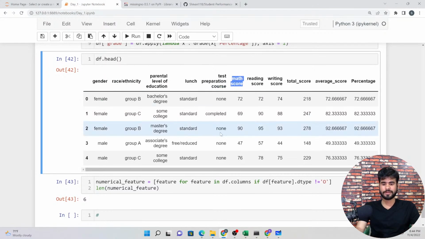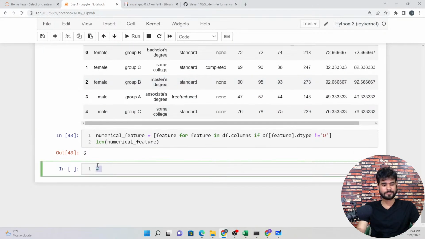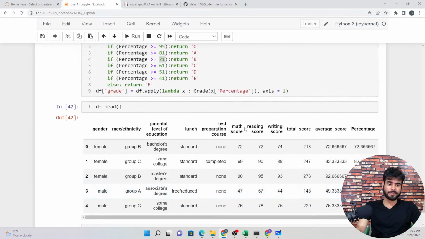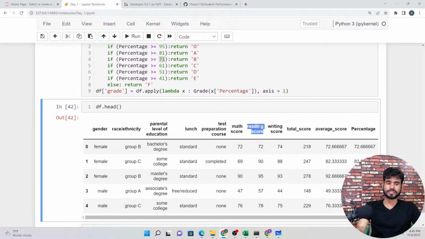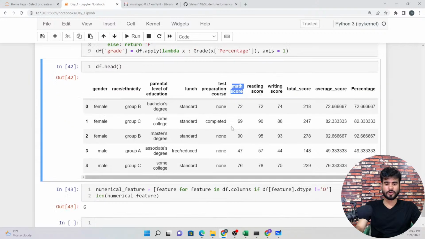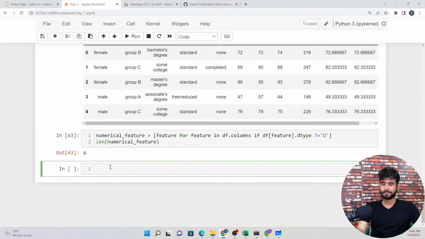So for this one again we can write out the condition. As you can see here we have 3 columns: math score, reading score and writing score. We can find it out in every column. Okay, in math score how many people, and in reading score and writing score. So let's create one by one. For the math score, for reading score first, equal to what I am going to define.